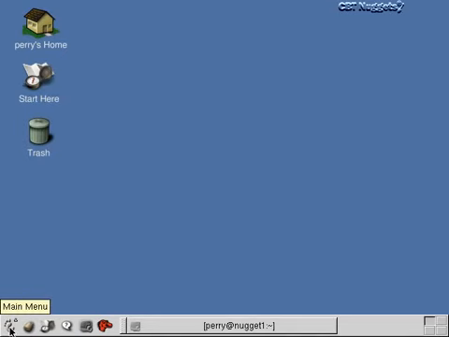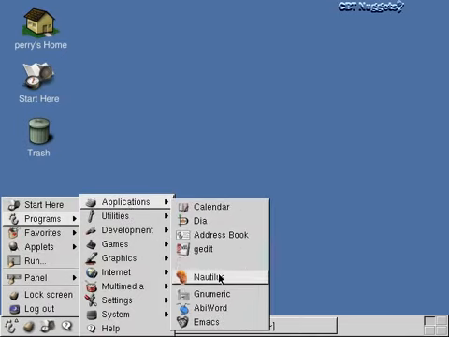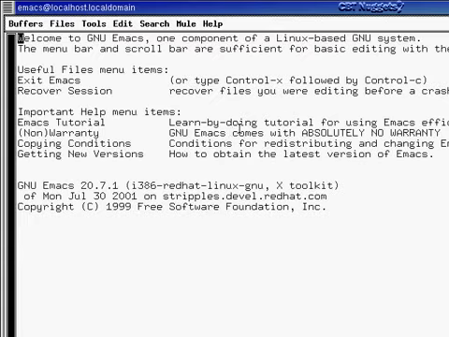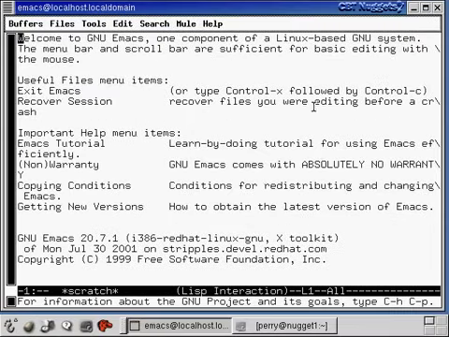The way I'm going to launch it is go down to the main menu, go to Programs, Applications, Emacs. So I can click on this, or I could just type emacs at the command line in the terminal window, all lowercase, and that would start up the Emacs window as well. All right, so I'll click on this, and now this is the Emacs window that comes up. You can see it's running off the right-hand side of the screen. That's just because my screen resolution is set so low for recording these videos. I'm just going to click on this button so that it all fits in one screen and you can see